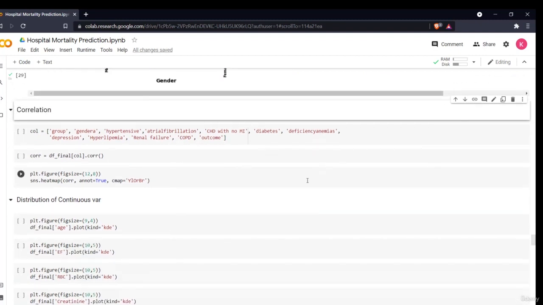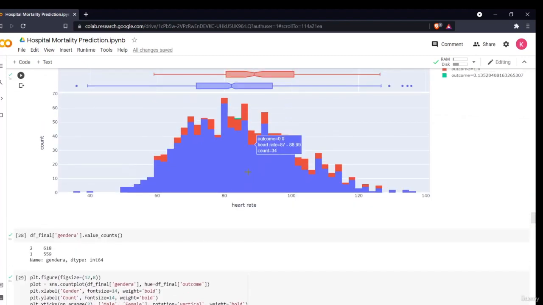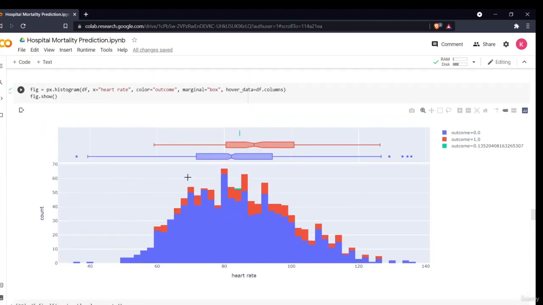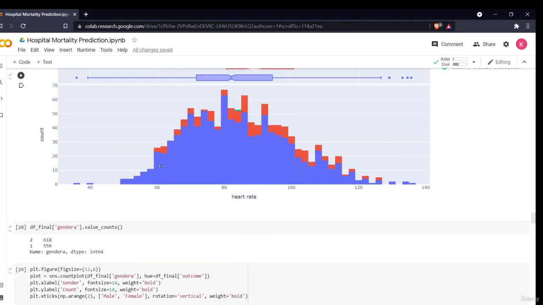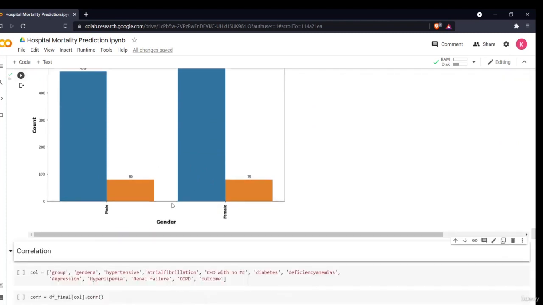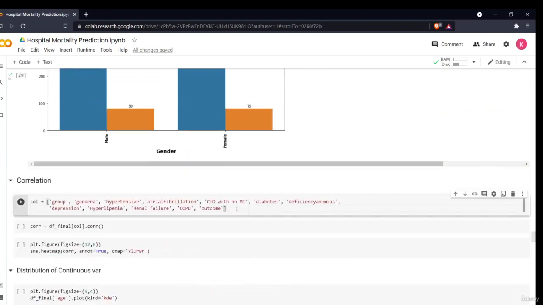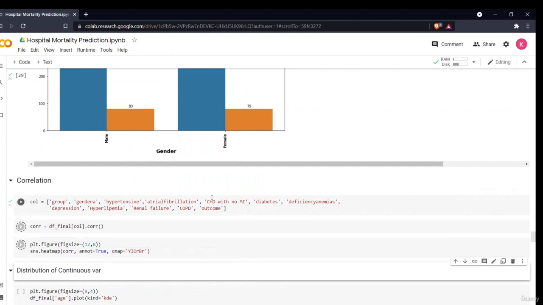Hello all, welcome back to the next part of our data analysis section. Previously we saw different graphs. We saw how different factors are affecting our death rate or the mortality rate. Then we saw whether the male or the female count is greater: the number of females is more, and males are dying more than females. The next thing we'll be doing is seeing different correlations between variables,